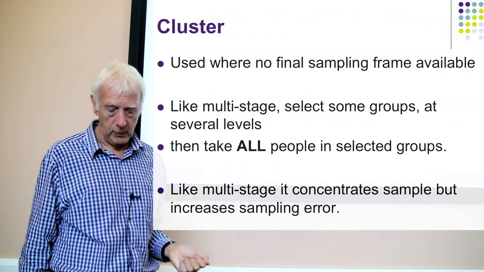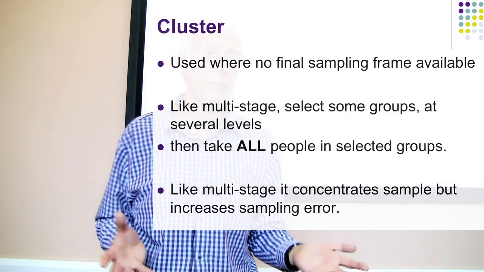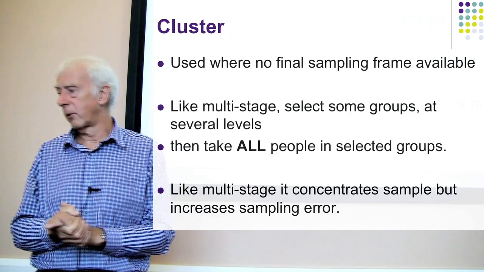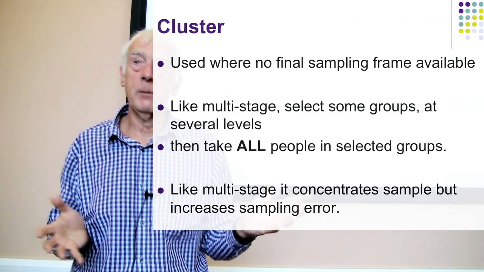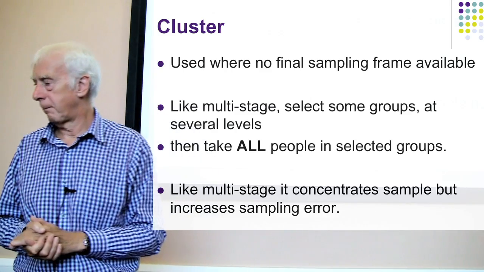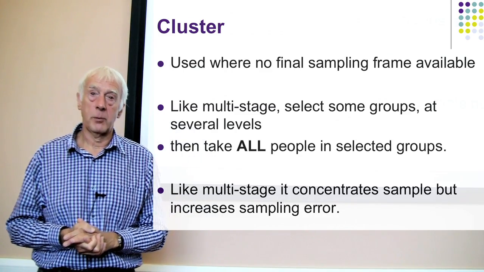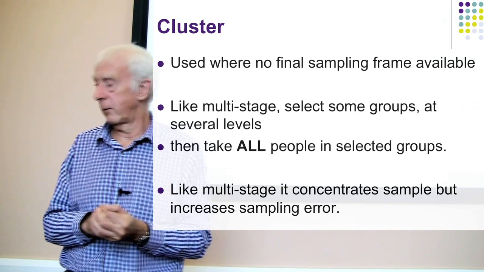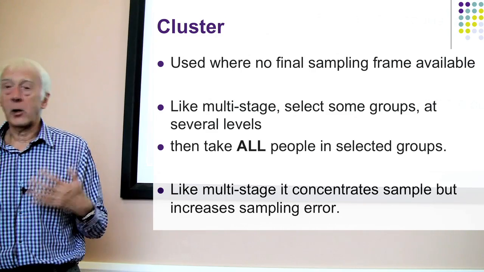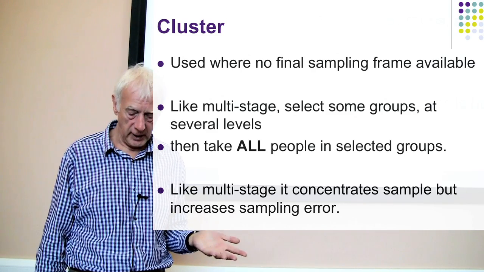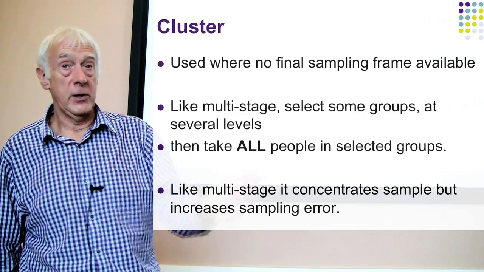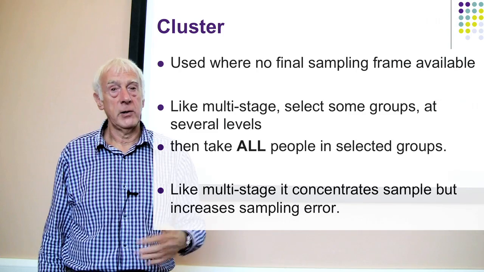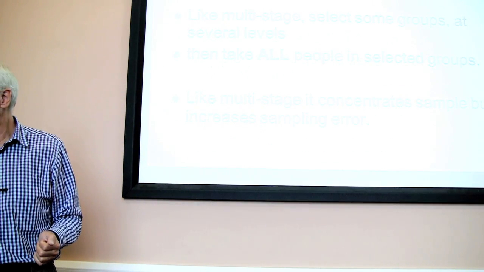Cluster sampling is where you do that, but the final stage, you just take everybody. So that when you get to a street, you just take everyone on that street, for example. You don't actually sample all the way through. So you don't ever need a sampling frame for the individuals you're actually taking the sample of. So it's a kind of multi-stage approach with the final clusters being taken as a whole and every single individual in that. So it concentrates the sample, as does multi-stage, makes sure that it's practical to go out and contact all these people, and particularly if it's face-to-face, but increases the sampling error as the trade-off.